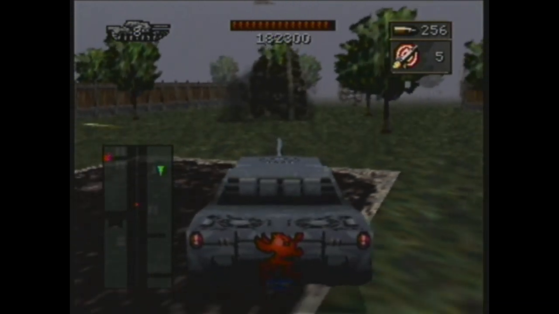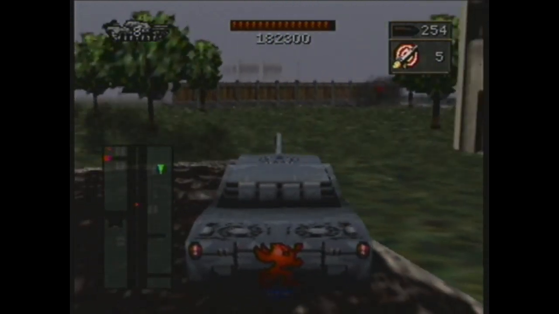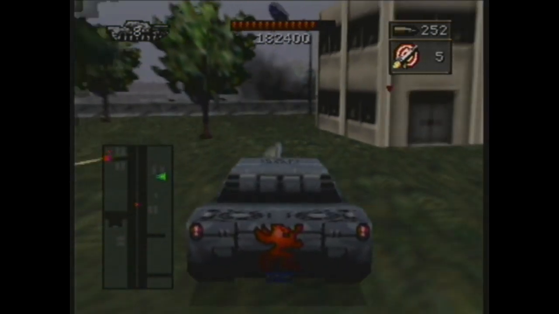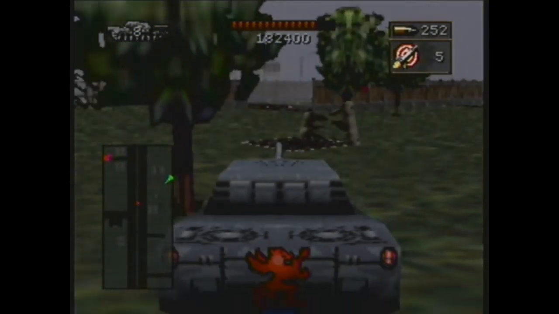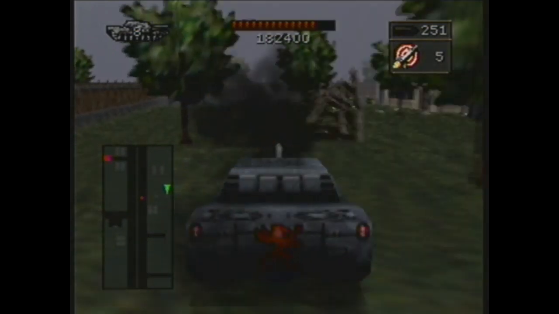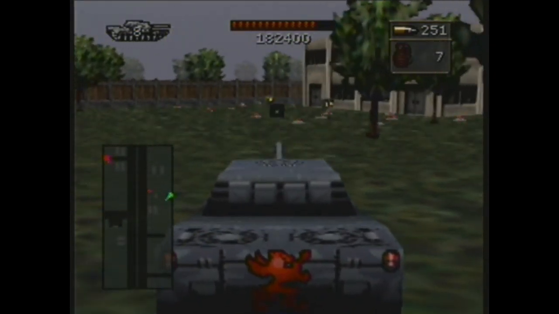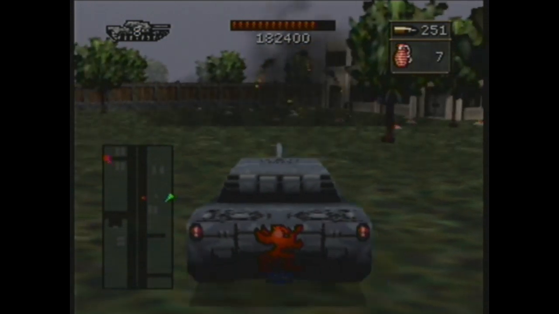In fact, I should probably get to a better vantage point before I try firing off any more seeker missiles. Or at the very least, taking out that turret. Although now there's a tank after me. So I'm going to continue getting power-ups from here. And...